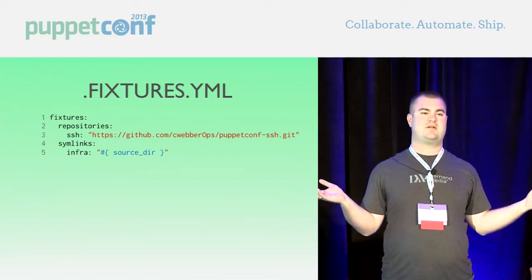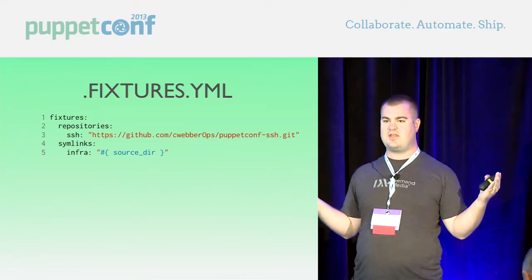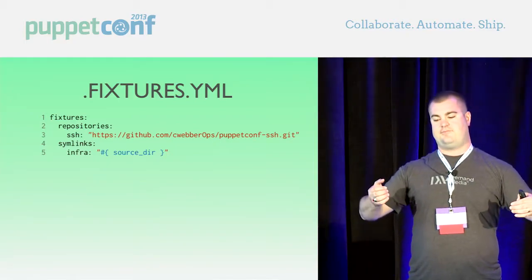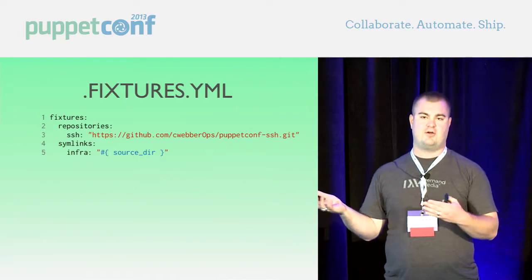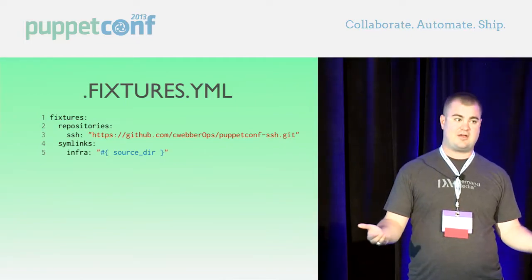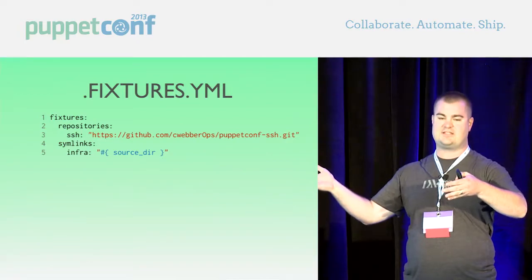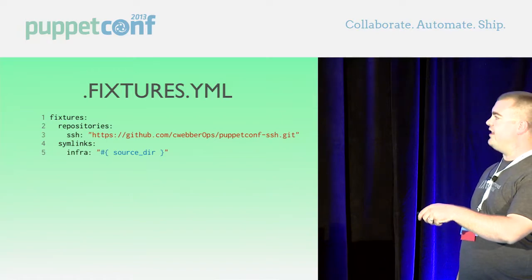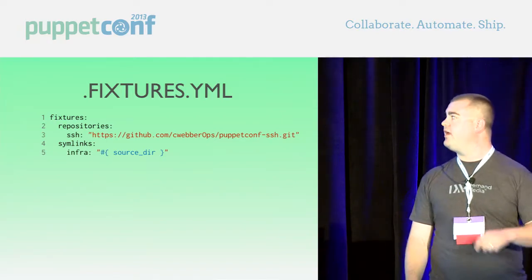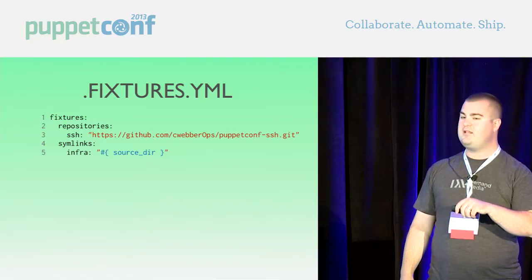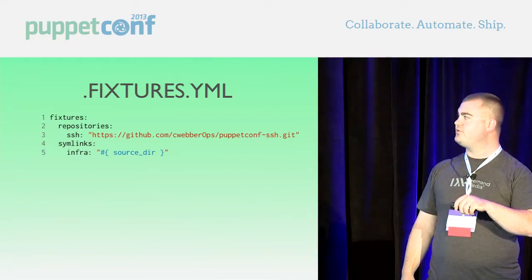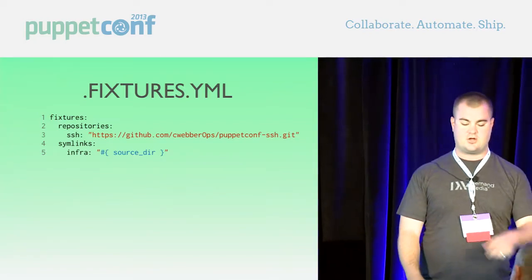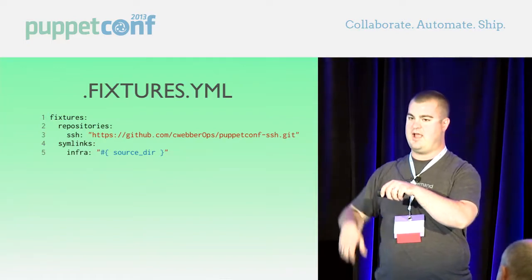Do you guys know what I'm talking about when I'm talking about a fixture? Kind of guessing that you get it, but just in case you don't, a fixture is there basically to mock up the code. I can't compile a catalog without all the code, so I've got to have that fixture in place before I can compile all the code. So we go to GitHub and we pull down that SSH repository, and this is just a cheater line, which basically says, this is the module, create a symlink, and set up the source dir,